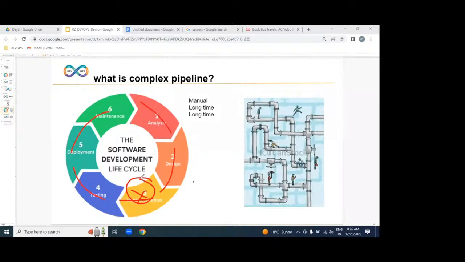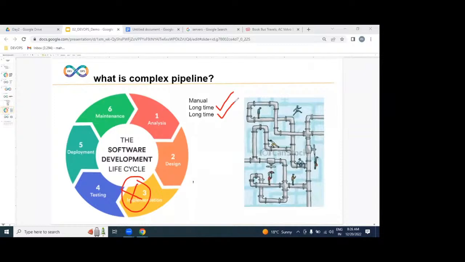No, experts are required here. If you are hiring experts for this process, definitely we need to pay more salary. Yes or no? That means the cost is increasing. Are we going to deliver on time? No, we can't. That means the quality is decreased. So what is the point I want to tell you? Due to the manual process, if any issue occurs, identification will take a long time, and resolving the issue also takes a long time.